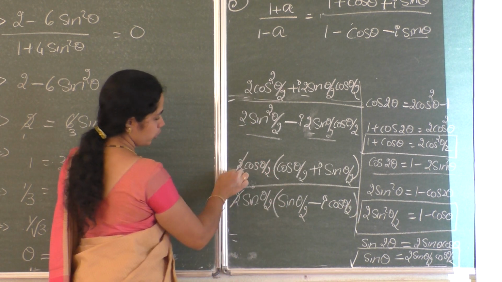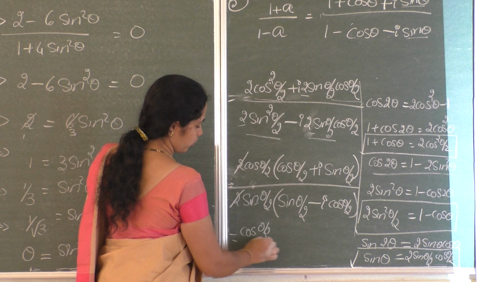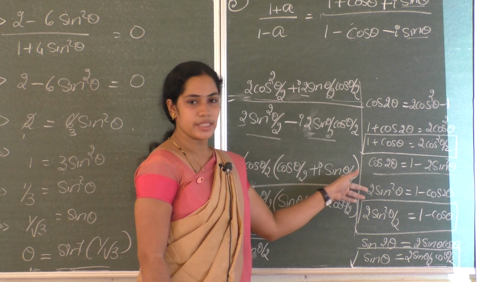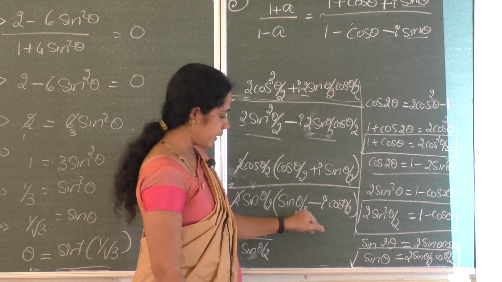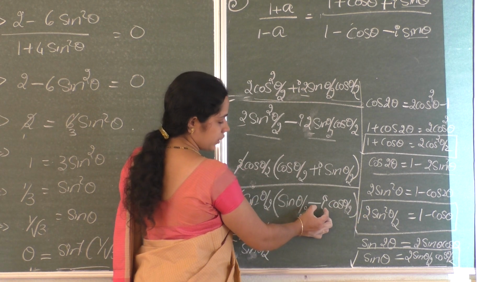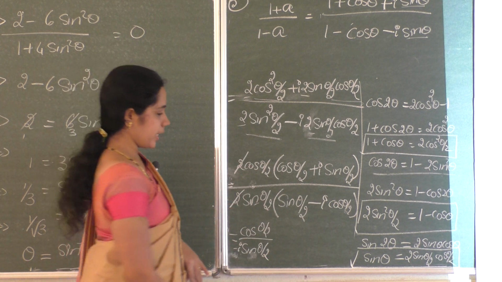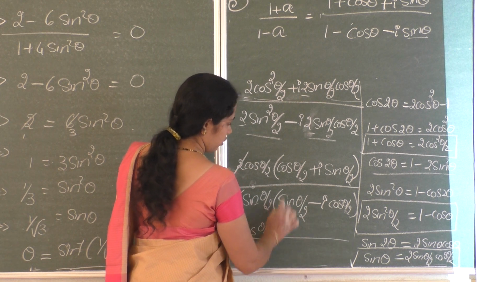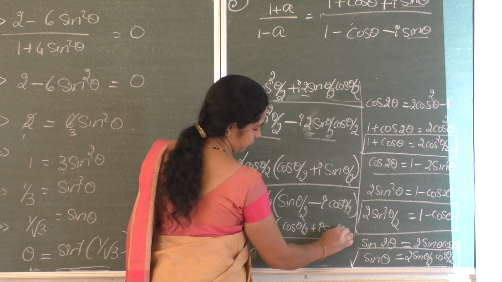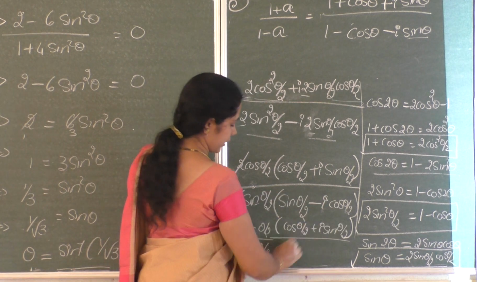This is equal to, 2 cancels here. Now cos theta by 2 divided by sin theta by 2. Here we have cos theta by 2 plus I sin theta by 2, and here we have sin theta by 2 minus I cos theta by 2. We cannot cancel here. So take minus I outside. If you take minus I outside, the numerator stays as it is. If you take minus I outside here, what is remaining?